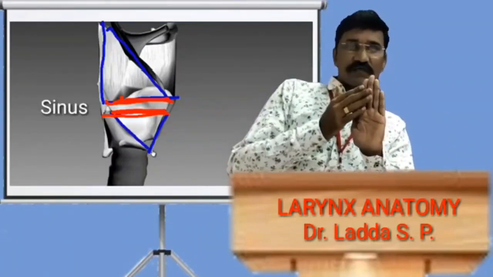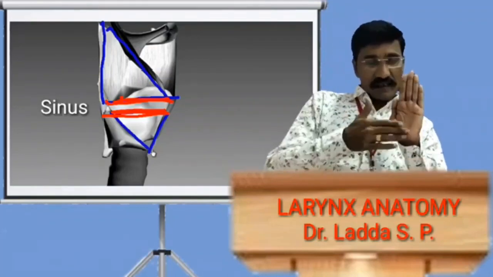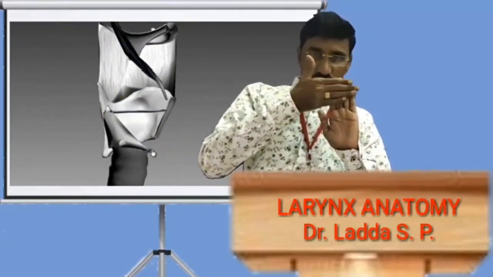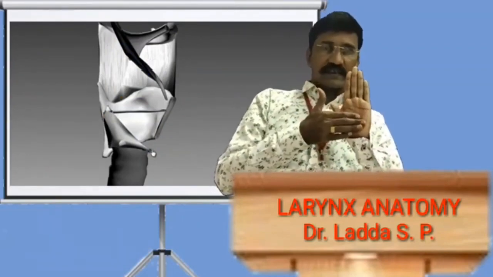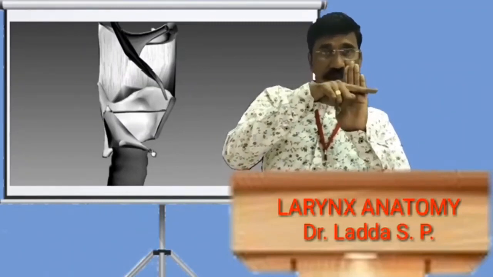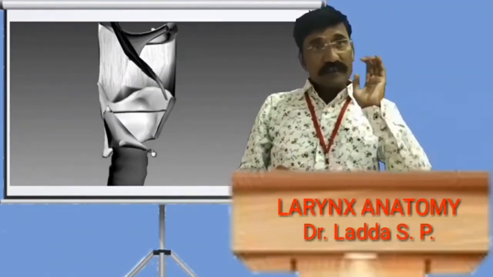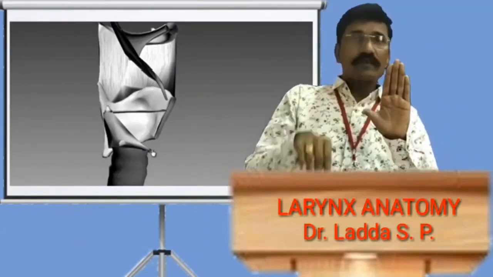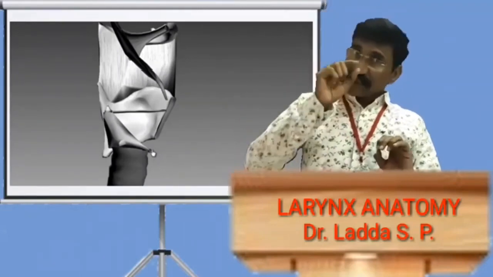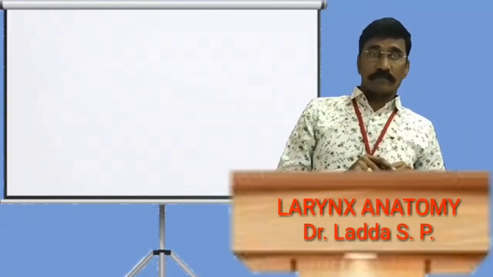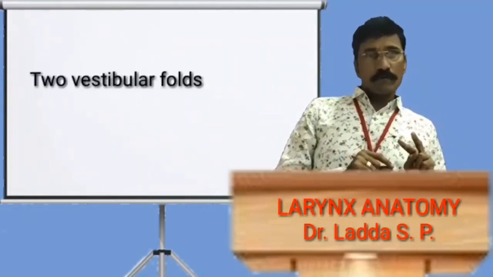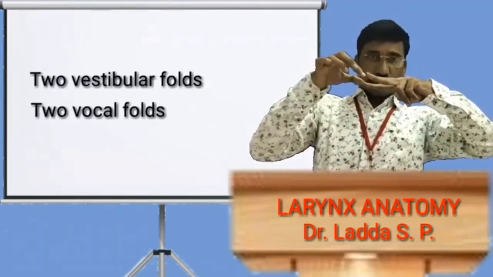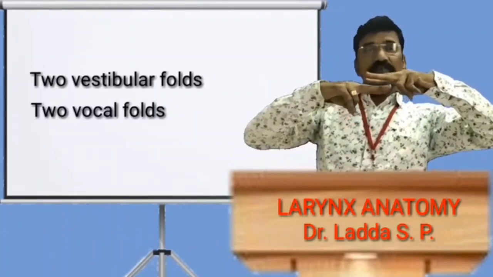The portion above the sinus of the larynx is the quadrangular membrane, and the portion below the sinus is the conus elasticus. Now this is the quadrangular membrane and this is the conus elasticus, and we know the lower part of the quadrangular membrane gets thickened and forms a vestibular fold, whereas the anterior part of the conus elasticus again gets thickened and forms the vocal fold. I mean to say there are two vestibular folds and two vocal folds. At the upper part of the sinus, two vestibular folds are there, and at the lower part of the sinus, two